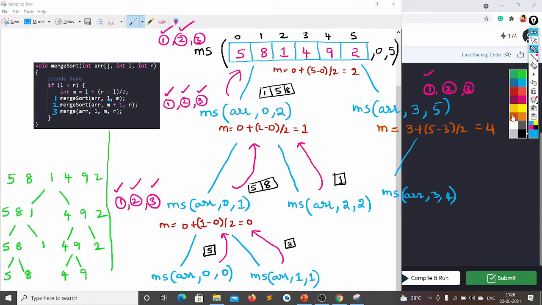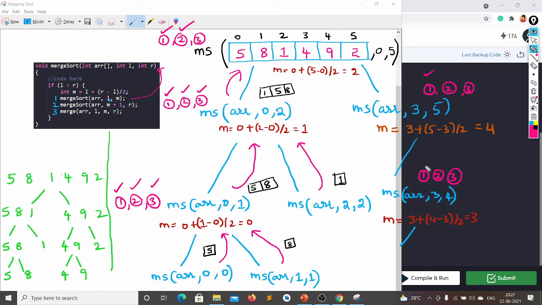And again what will happen? Again we will calculate the mid now. My mid will be 3 plus (4 minus 3) by 2. This will give 0. 0 plus 3, again 3. Now again it will call the function. So it has its own 1, 2, 3 functions. So it will execute the first one, because what I called merge sort of, again it will go to the first one, and again it will check.